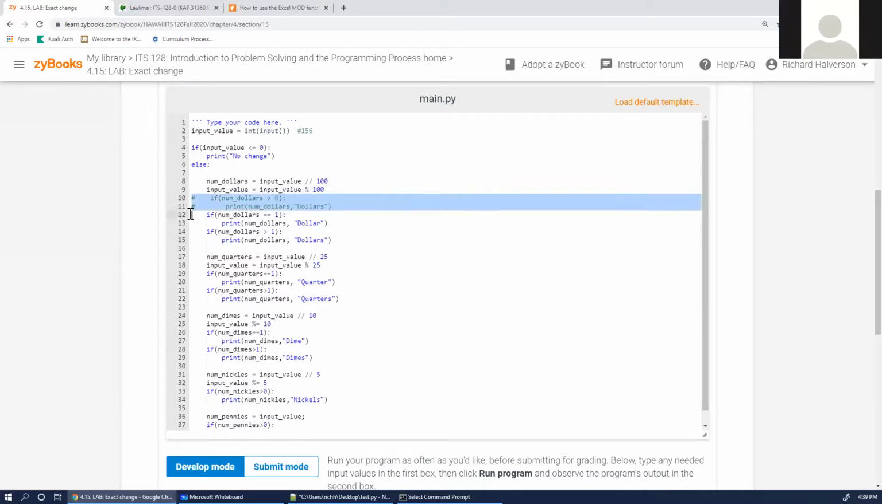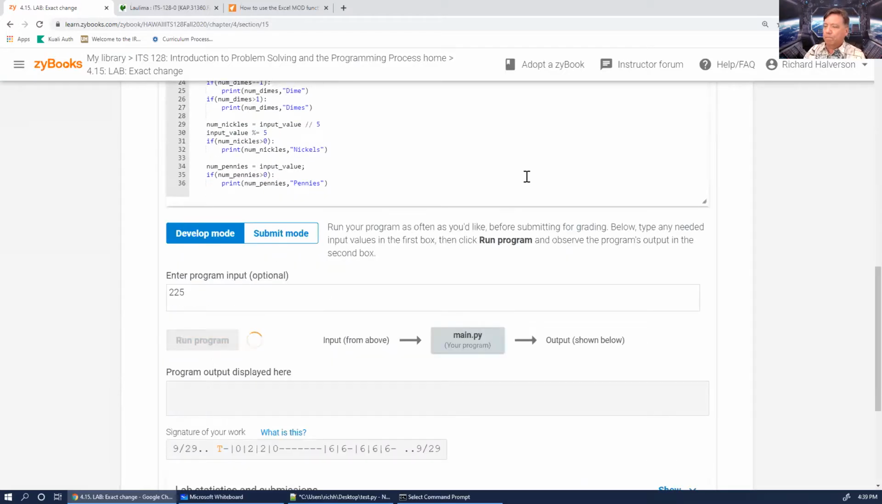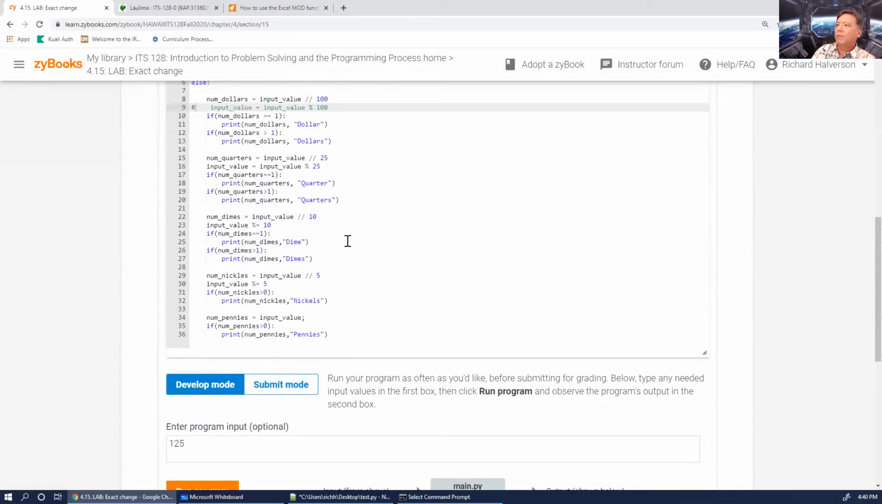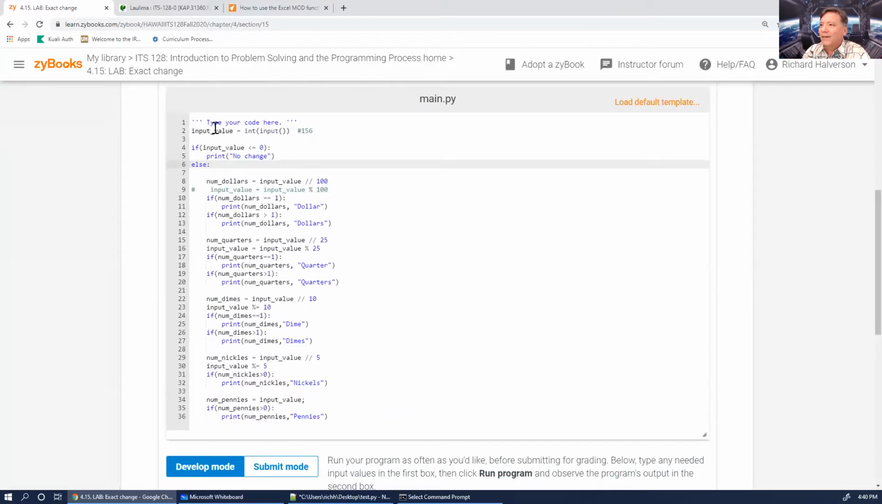Yeah. Okay, let me get this out of here. And so then you'd be missing this statement here. So if you run this one, it looks like this maybe. Let's do 125. Right. Yes, and that would be because after you figured out the number of dollars, you didn't subtract those out of this intermediate value here. If we go to do something like this,